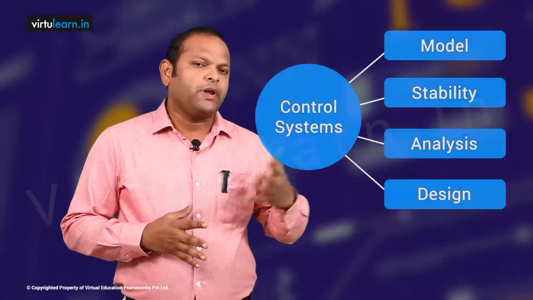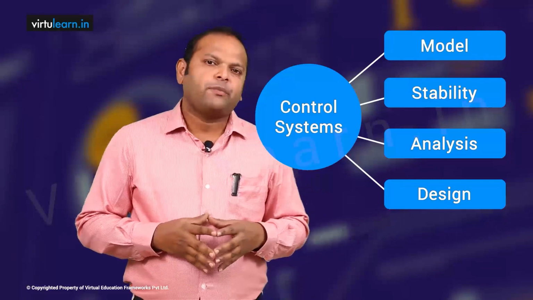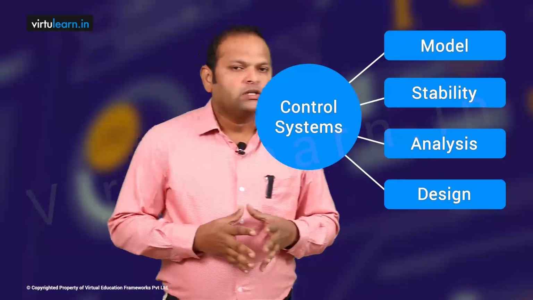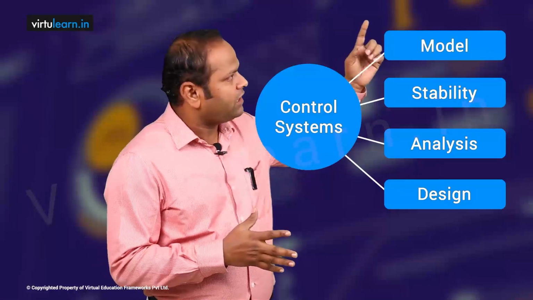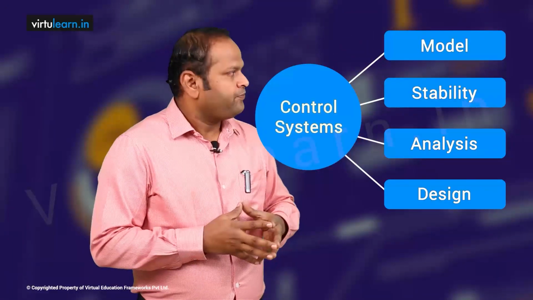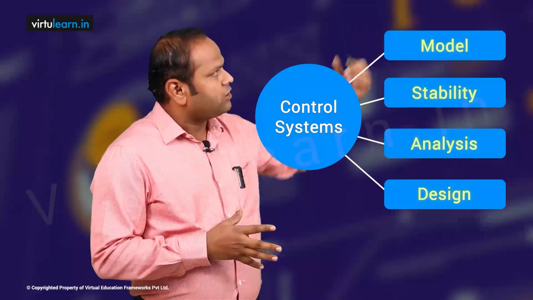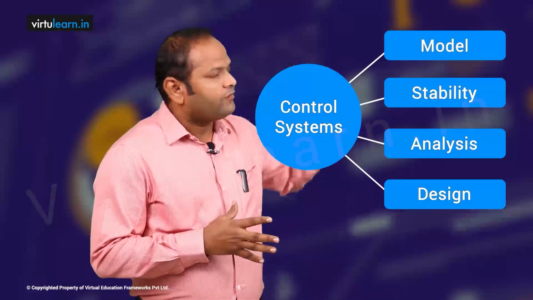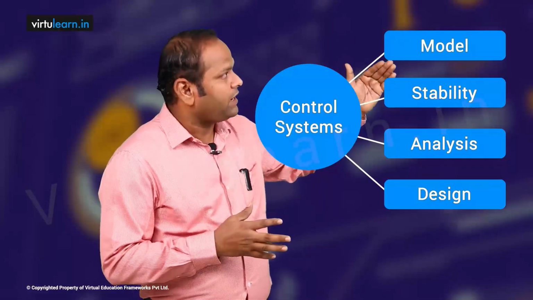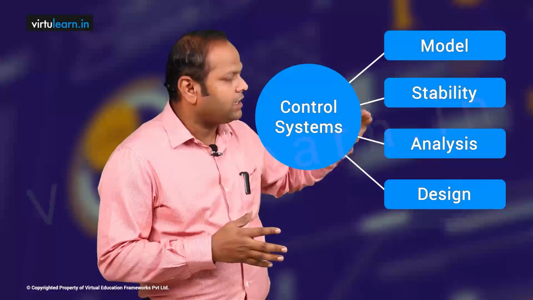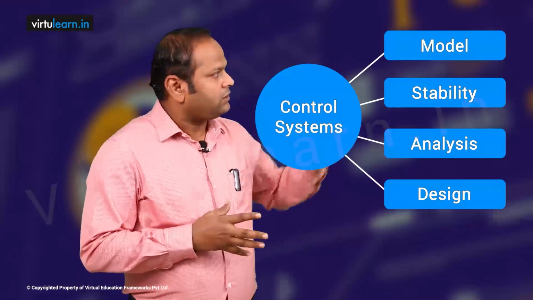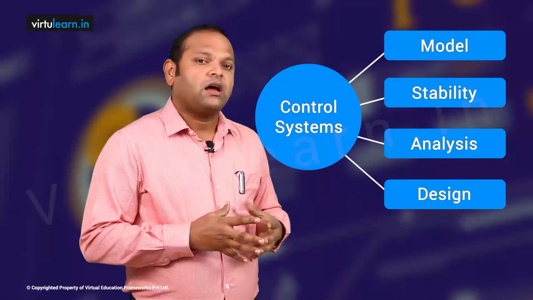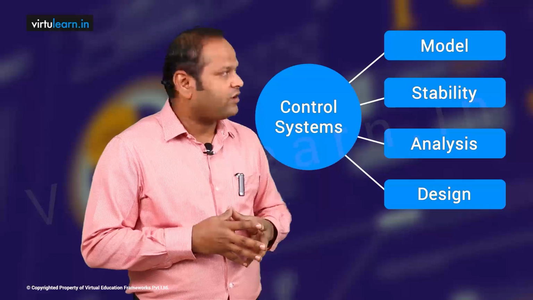Well friends, we will now see what the big picture of the control system is. There are basically 4 components in it. So we can look at here. This is a control system, and for this we have 4 components. In this big picture, the first component I can say is the model of the system, then the stability analysis and design. As a control engineer, we need to obtain the controller or the compensator design for a given system